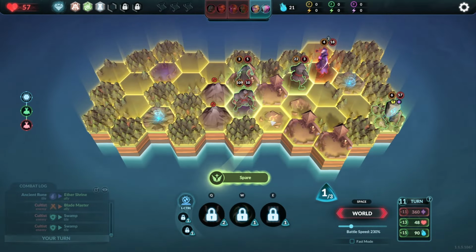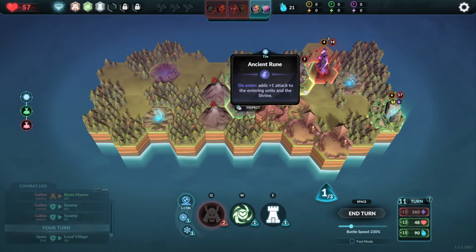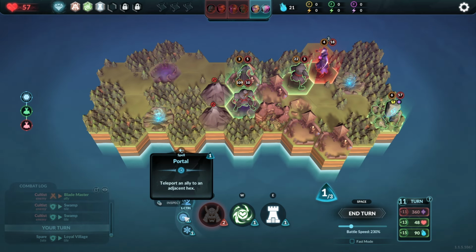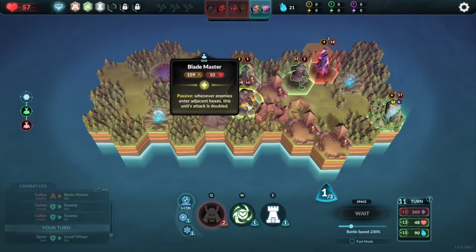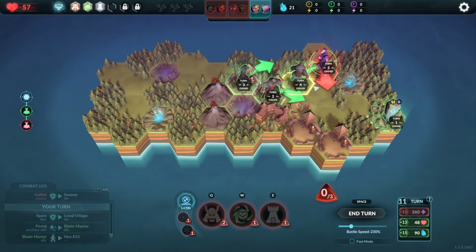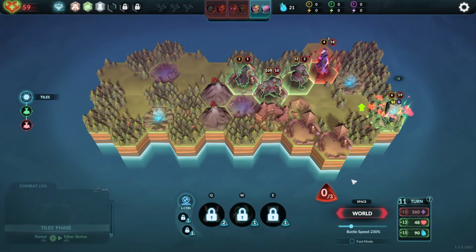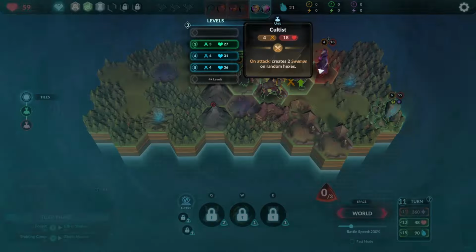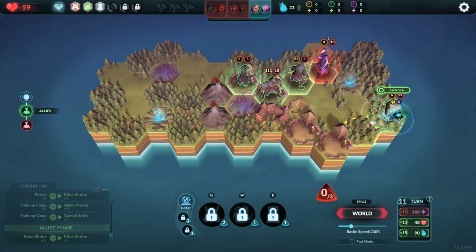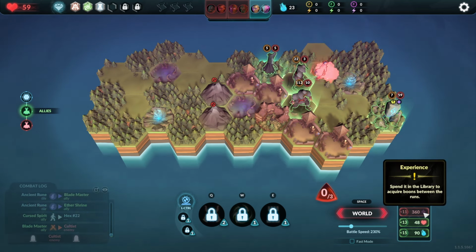That's real crazy. Alright, let's make a loyal village right here. +4 health to allies summoned on this tile. So I think what I can do is go ahead and teleport you to here. And hopefully you can get in range. Let's go. Although this fellow can destroy the cultist. And that's turn 11. It looks like it's been exceeded already, so...